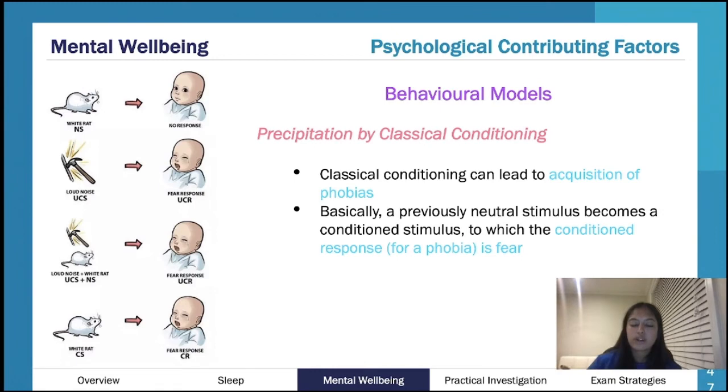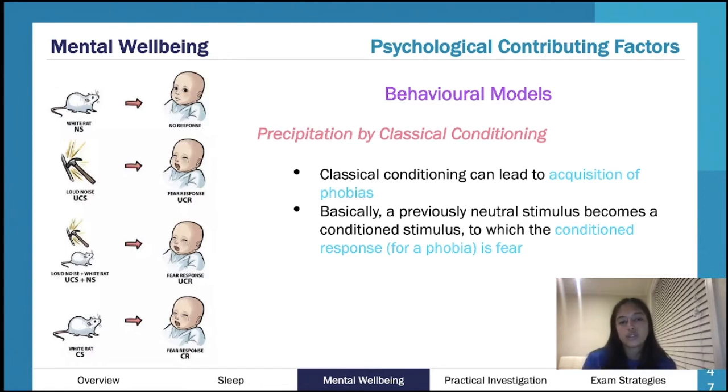So they would, in front of Little Albert, it was a very unethical experiment and all that, present the rat in front of him and then strike this really loud metal plank or whatever with a hammer. So obviously Little Albert would cry in response to that really loud noise. And so we're building this association. I'm assuming that you guys are still very comfortable or all on top of classical conditioning. In saying that as well, make sure over this term that you are revising everything from Unit 3. Really, really important. But yeah, we're building this association.